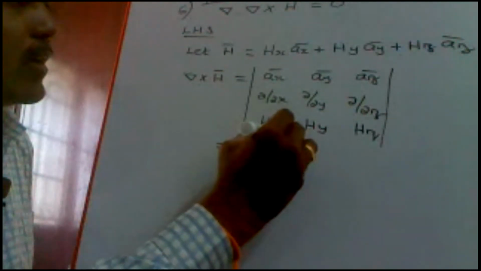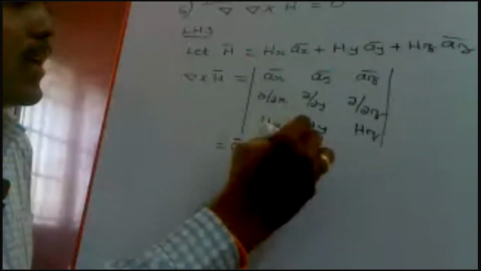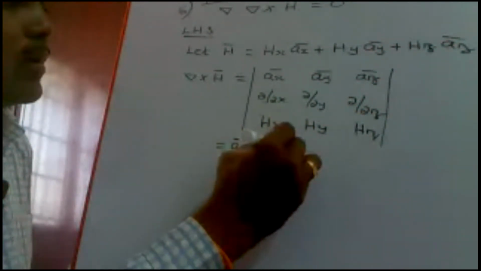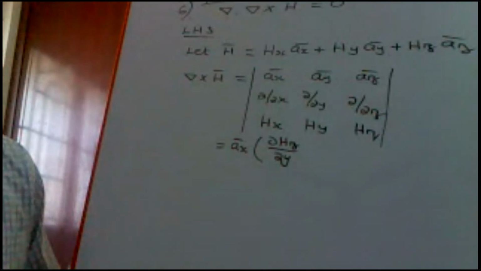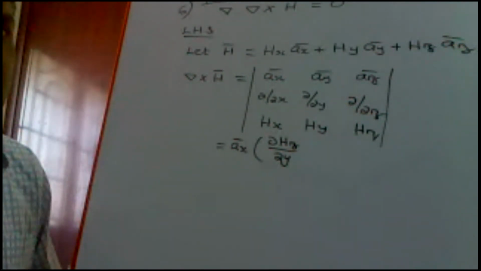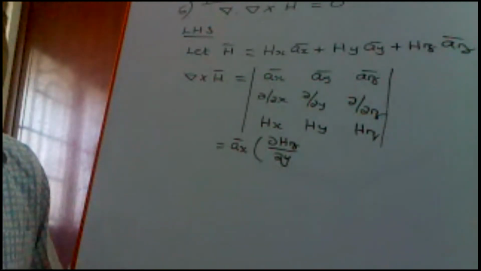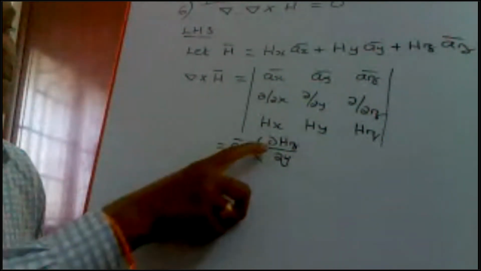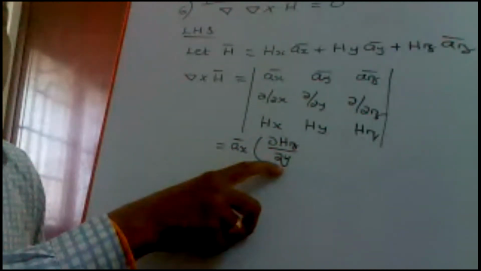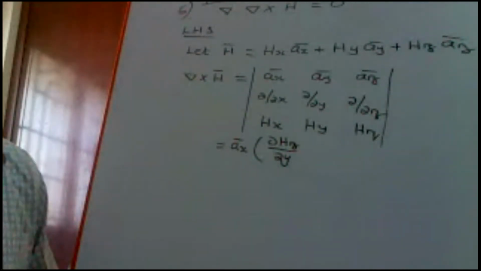So we cannot write it as zero; we have to write it in this form. Look, in hz there is no y, so do not say it is 0 and put 0. It is just a function. For this paper, I am handling it now for the 6th time. For triple I also handled EMT, and for ECE students more than 4 years. Students often make the mistake: since hz is differentiated with respect to y, they put 0. You should not do that. We have to write it as a function.